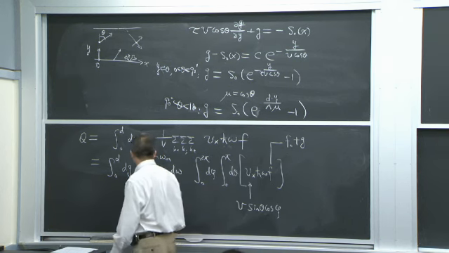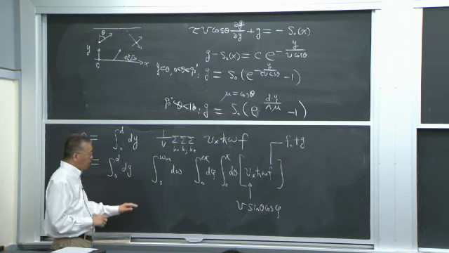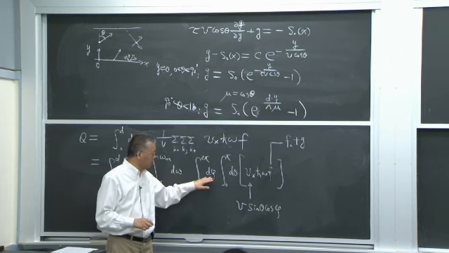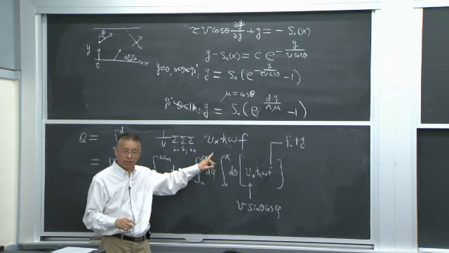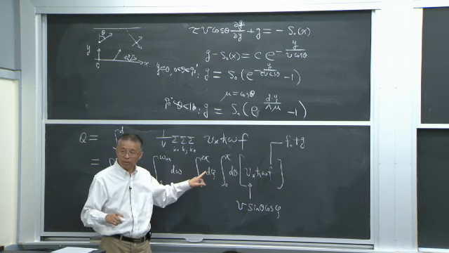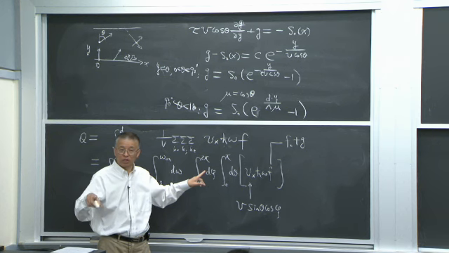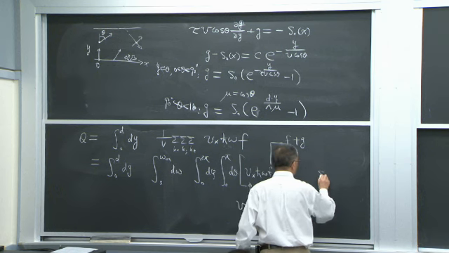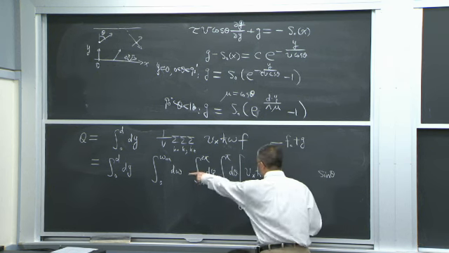So this is Vx. And now when I do solid angle, when I do from Cartesian to spherical coordinate, I have sine theta d theta d phi,